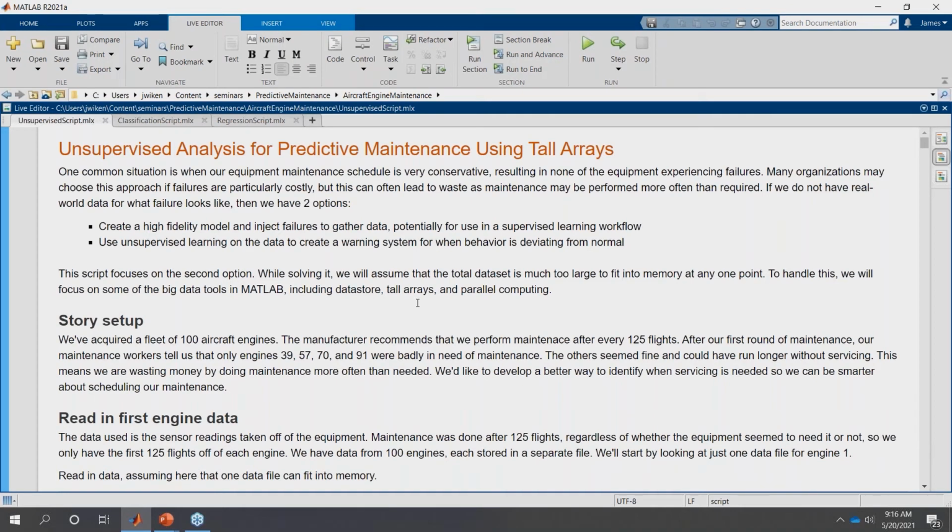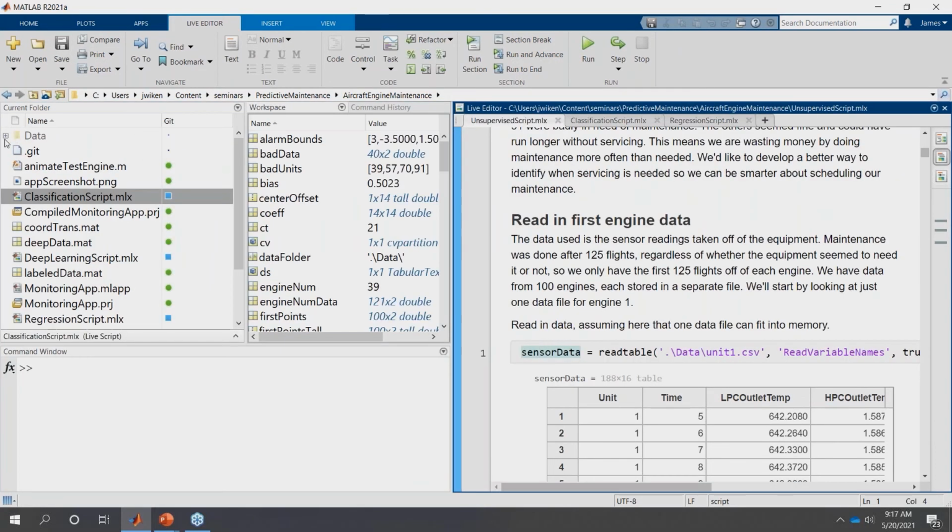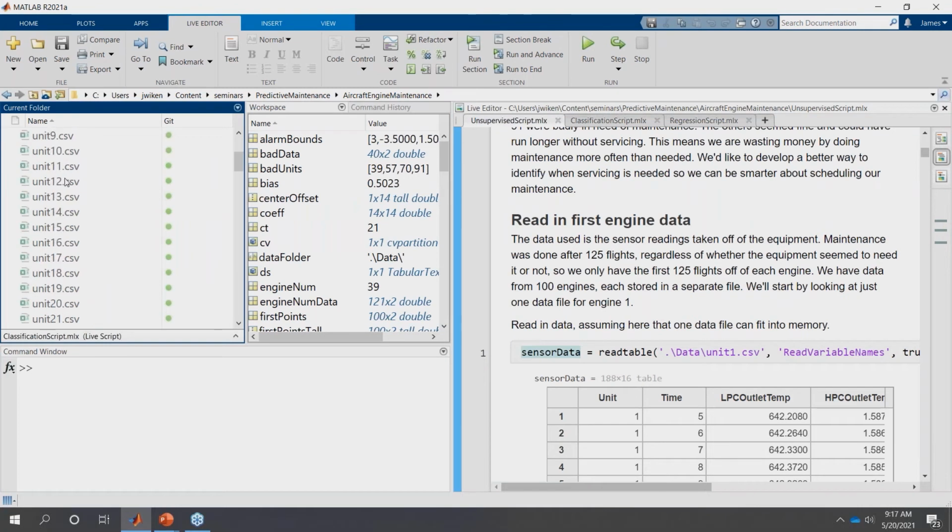All right. So first thing we need to do is load in our data set. I've loaded it in here before. This is currently contained in a number of CSV files. You can see they're all here.